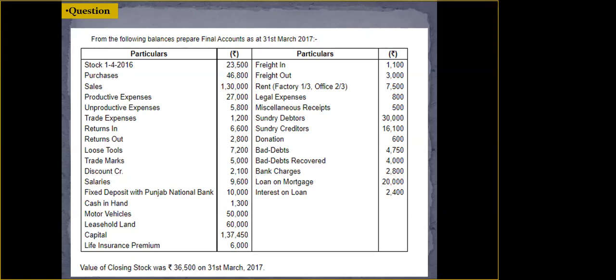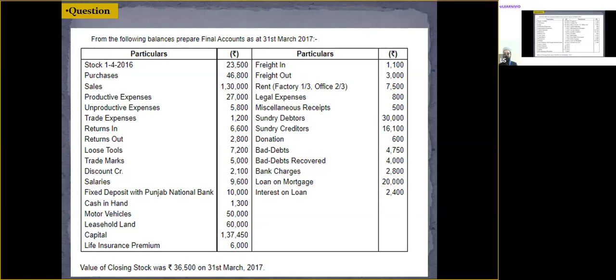Okay. So please write it down in the balance sheet by the name of drawings. You can also write it by the name of life insurance premium, but more appropriate is to write it as drawings, 6,000. Then the next item in the question is freight in. Tell me where we should write freight in. Alexander or Hamad, Steve, anyone, please tell me.